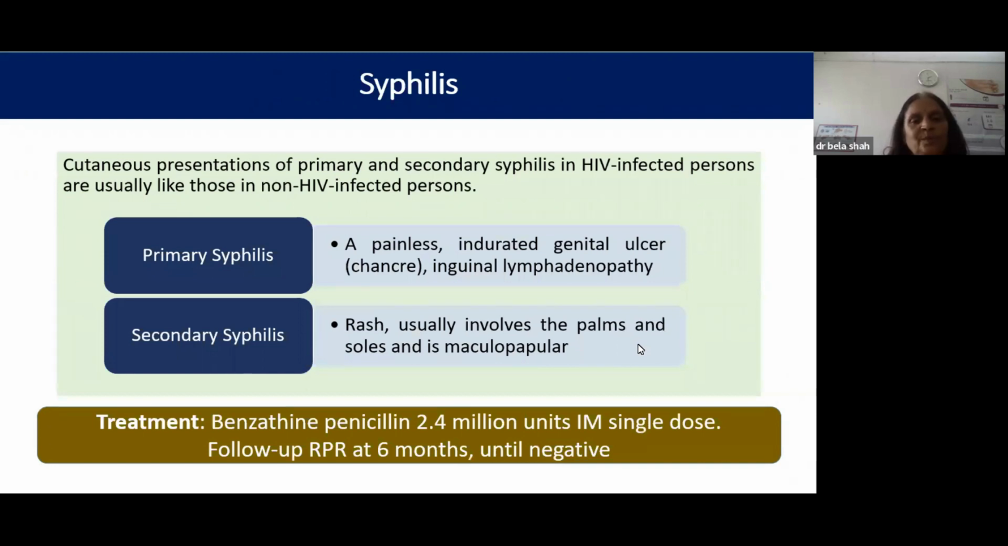Now coming to syphilis, which I'll talk about much more while we discuss STIs, but since it is covered here, of course, in primary syphilis we see a single ulcer which is painless, indolent, and associated with inguinal lymphadenopathy. Whereas secondary syphilis has a variety of skin manifestations. And what is the current scenario? We see palmoplantar syphilis much more than